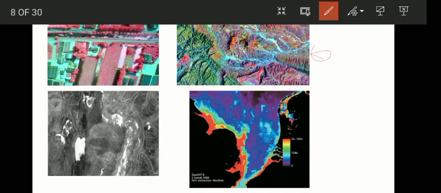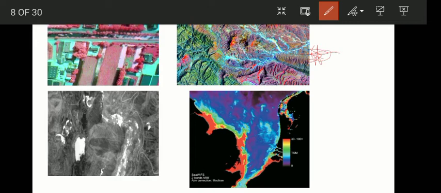This particular image which we are seeing here, about the mark I have made, is the Landsat TM color composite image. We have used RGB bands: band number 4 for red, band number 5 for green, and band number 7 for blue. This is the area of Yemen.